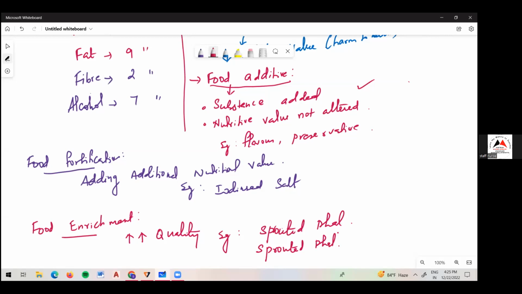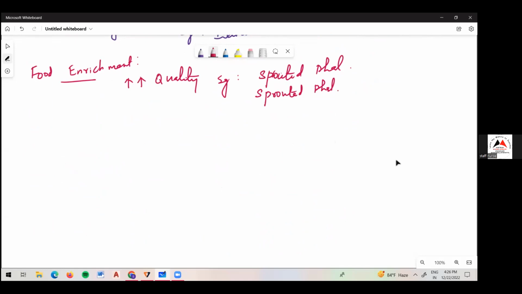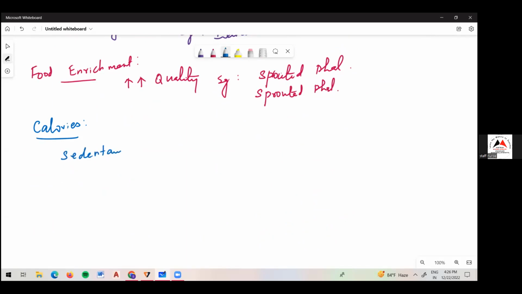Okay, very good. So what is the protein requirement? That is a repeated question. What is the protein requirement, the carbohydrate requirement, and the calorie requirement? The calorie requirement for a sedentary worker is different. Sedentary means sitting work, nothing much. For a sedentary worker, female and male are different: female 1900, male 2300 kilocalories per day.